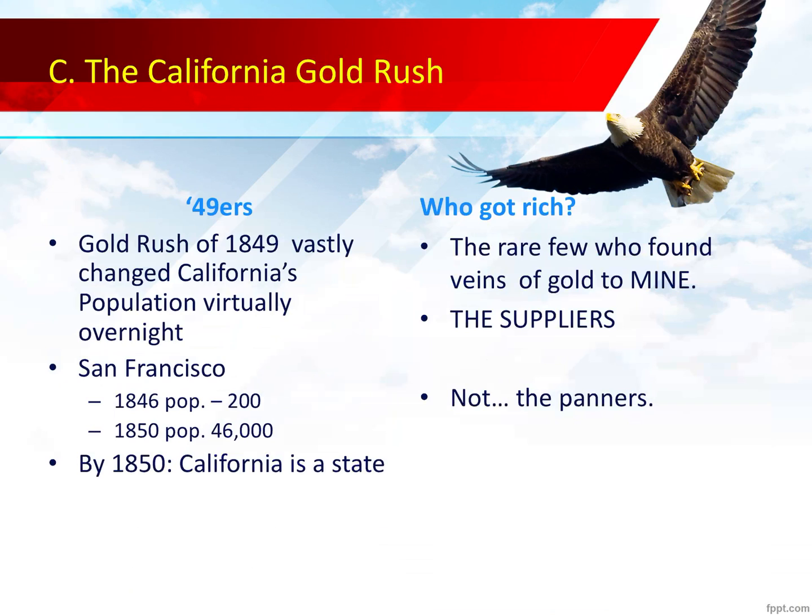In 1849, gold is actually late 1848, gold is discovered. And by the time word gets back east and people are actually able to move from back east to out west, it's 1849. And the gold rush, you have people just suddenly showing up in California expecting to just pick up gold off the ground and stuff like that. Well, it wasn't quite like that. There wasn't just gold to pick up off the ground for hundreds of thousands of people.